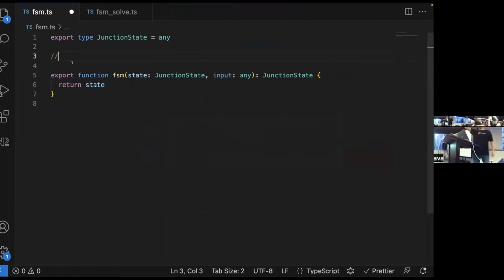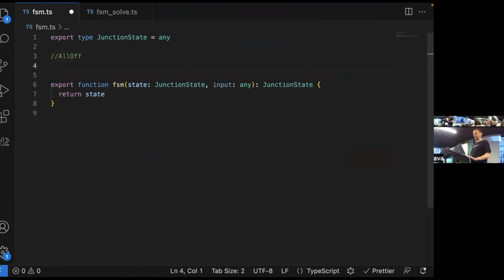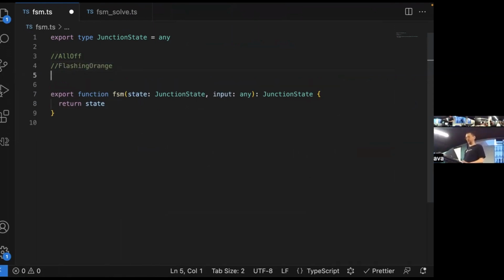People want to yell out one. All off, yeah, that means the system is off, but yeah, all off. I wouldn't like to go into a traffic with all green, no. Flashing amber, you guys are doing all of the ones that I'm not going to be covering, and it's okay. Yeah. Let's get all the edge cases in there.